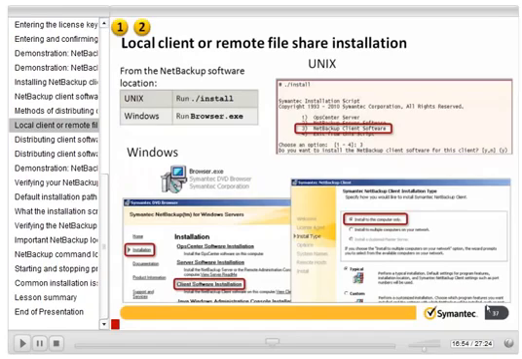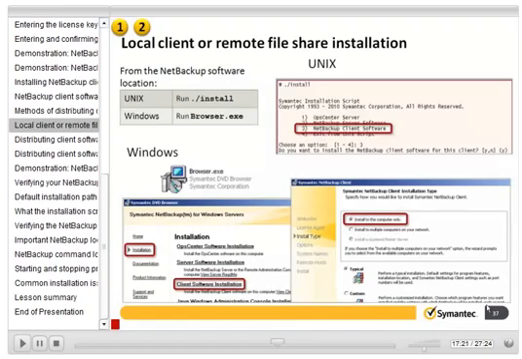So the first two are actually done on local client to remote client file shares. As you can see, for the Unix version, you can basically put the DVD in any Unix client, launch it by clicking or selecting /install and choosing the NetBackup client software option. Run through all the questions asking who the client is and what the master server that this particular client will